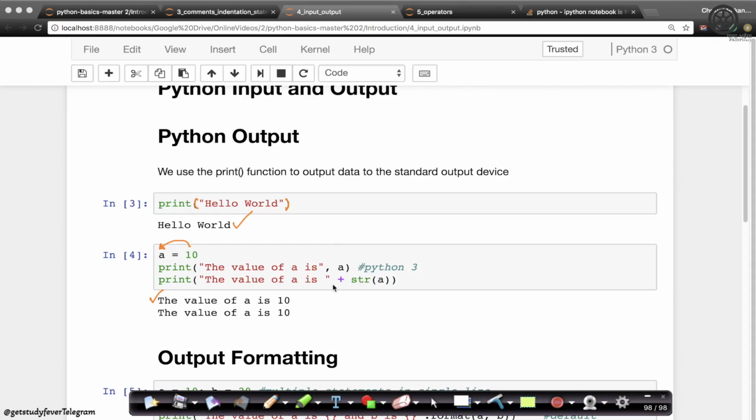Or the other way to do it is, since this is a string, you can use the plus operator and convert your a into a string. This converts your a into a string, and then you can concatenate this string with this new string, or you can join these two strings. Concatenation is nothing but simply joining one string after the other string, right? Even this works. Actually, in earlier versions of